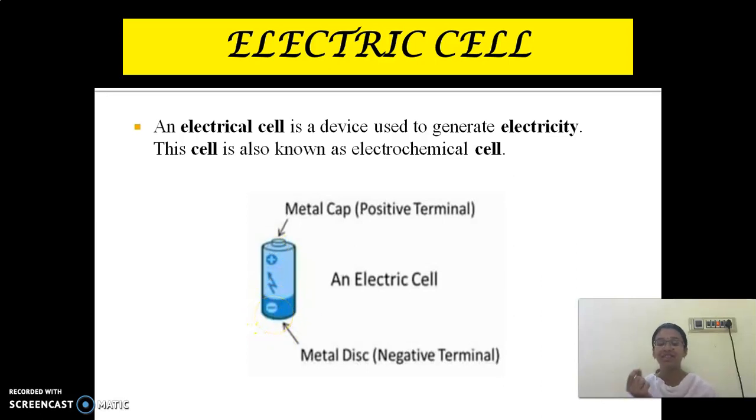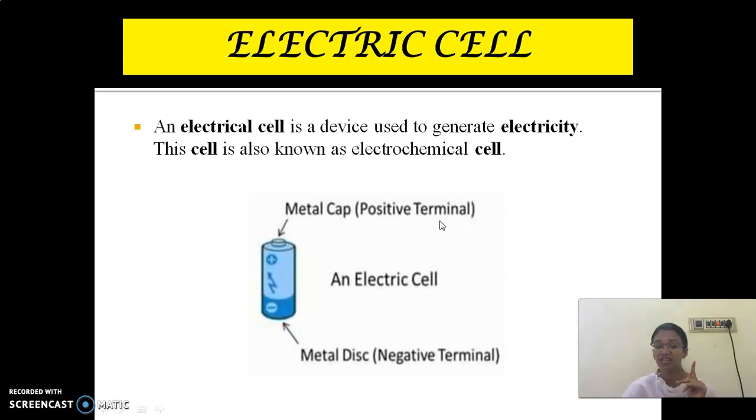In each and every cell, you are able to see the plus and minus signs marked there. So we need to connect it to the opposite terminal. If you connect plus and plus, it won't work. You can try this in your remote. You'll have cells inside your remote, right? If plus and plus are joined together, the remote does not work. So it must be connected to the opposite charge. Plus and minus, minus and plus. Clear, children? So we have two terminals.